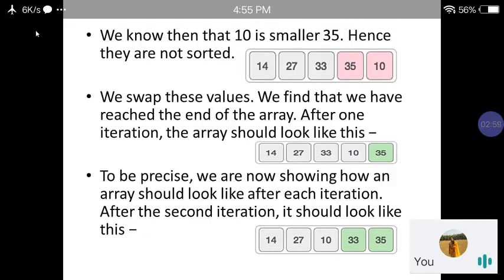Now we go for the next iteration, following the same steps again for 14, 27, then 27, 33, then 33, 10 and then again 10, 35. After the second iteration, we get the array as 14, 27, 10, 33 and 35.